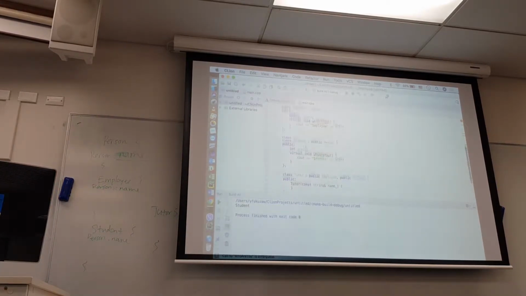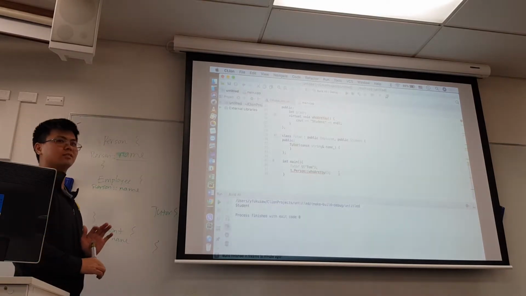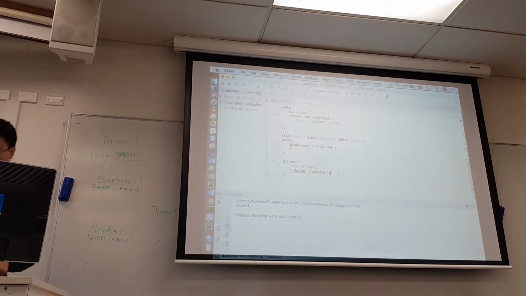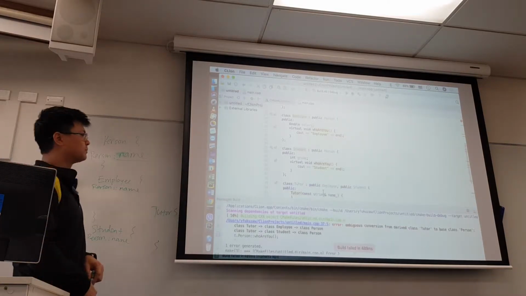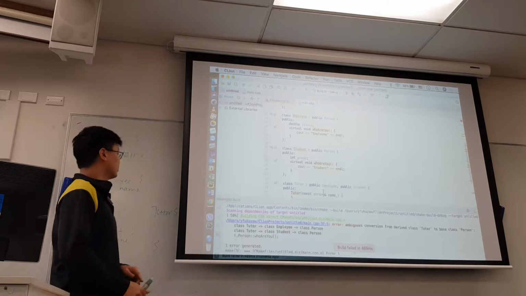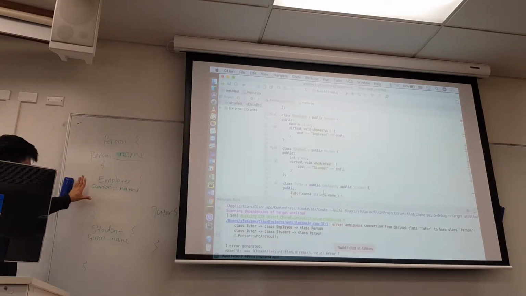We know that student inherits person, employee inherits person, and tutor inherits employee and student. So can I do this? Guesses? Okay. So this is again the same problem, but it is even more complicated than copying stuff from one scope to another scope. What happens is